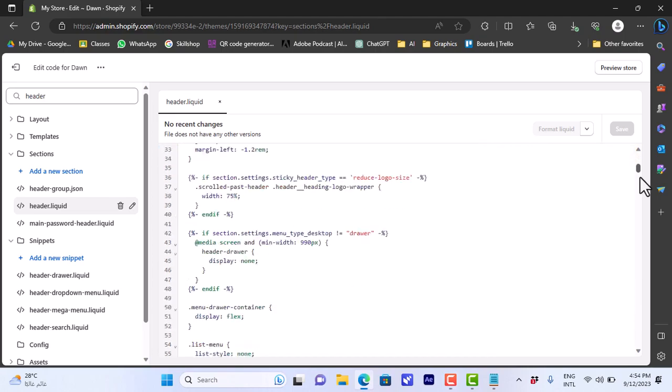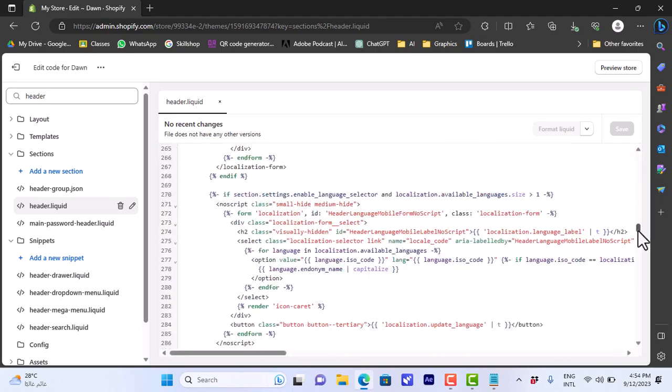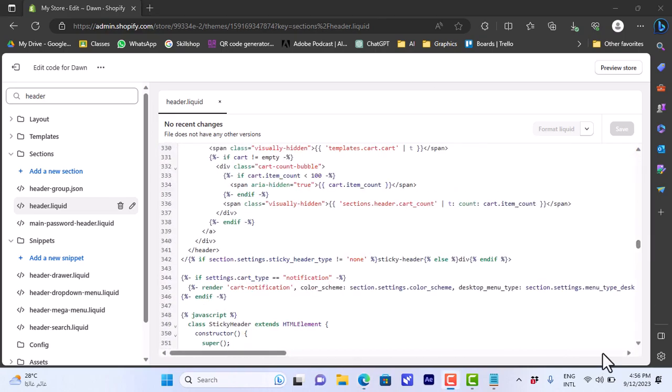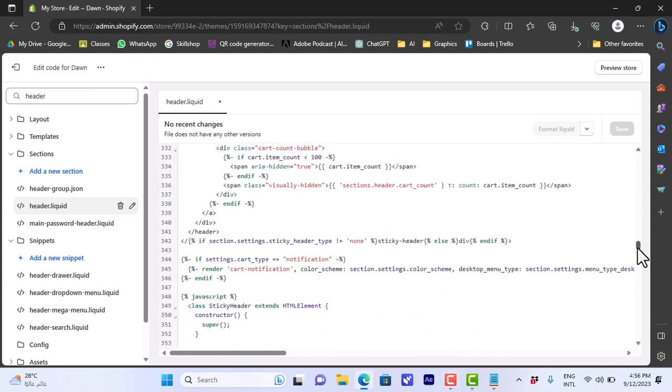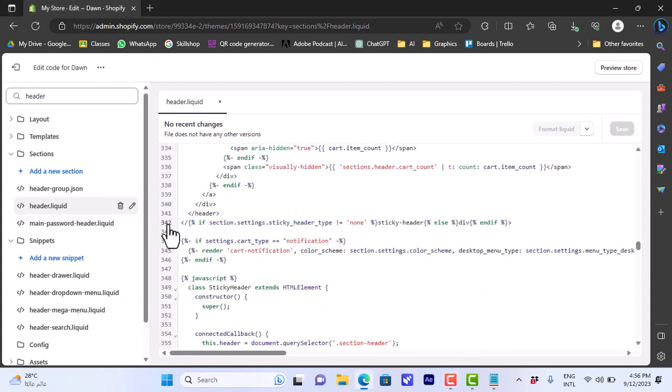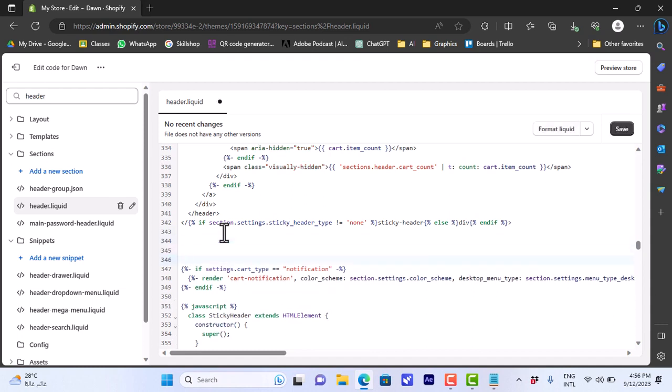The code here is very long, it has like many hundreds of lines. Okay, so for my theme it's on around line 342. You want to see here the section settings sticky header type. So once you find it, in the line beneath it, you want to have some space, so you hit enter to create a new line, and below it, in this gap below the sticky header section,